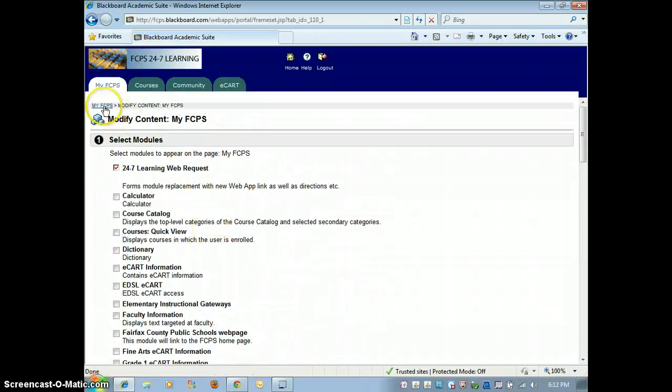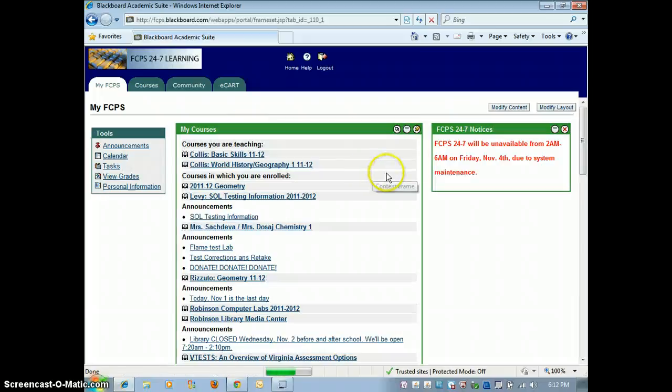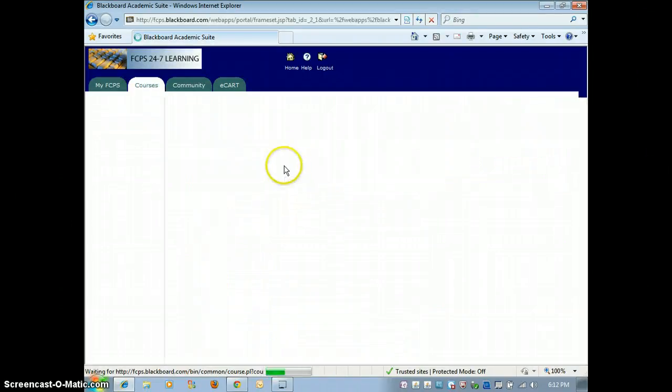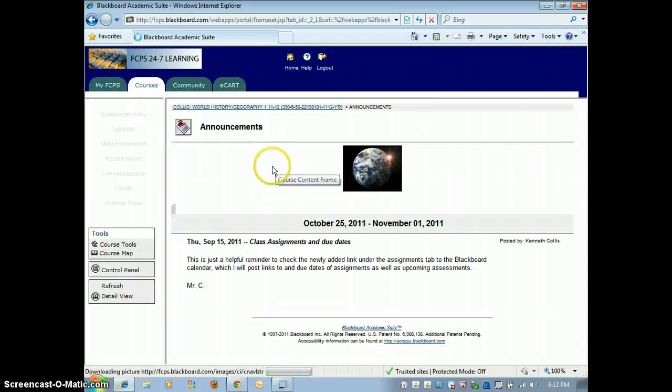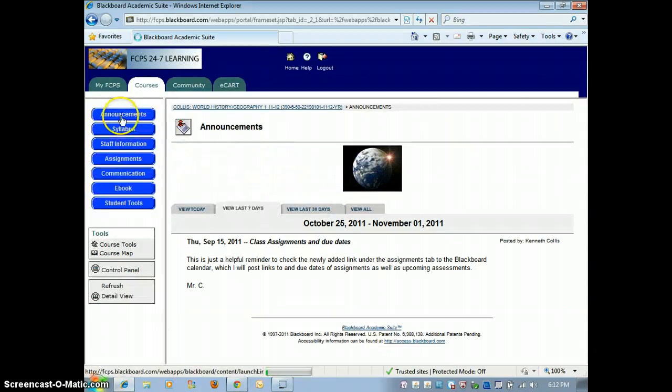And decide. You can use a breadcrumb trail to go back. So if we're wanting to go into Collis World History Geography 1 for this year, click on that. And it will take you to my site. The announcements, syllabus, staff information. Most of the thing you're going to use is the assignments. You have student tools, but if we look into the assignments,